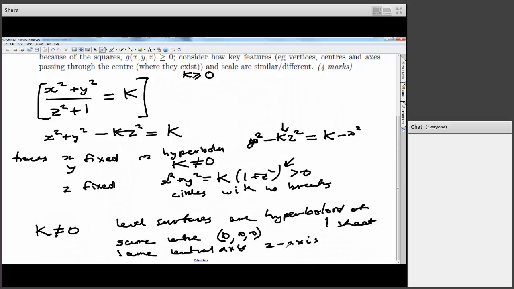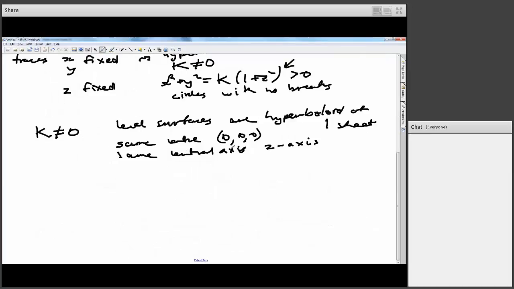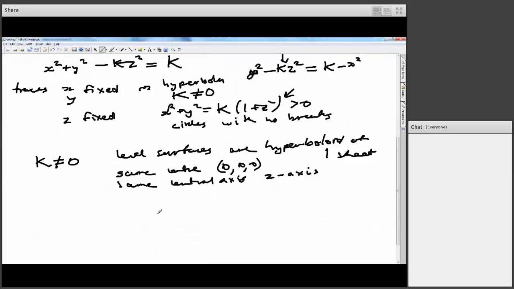So all these pictures are going to be the same. The only thing really different is just the scale. So the scale for x and y will change. To give you an idea, let's